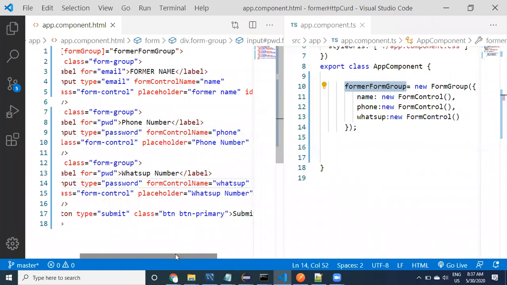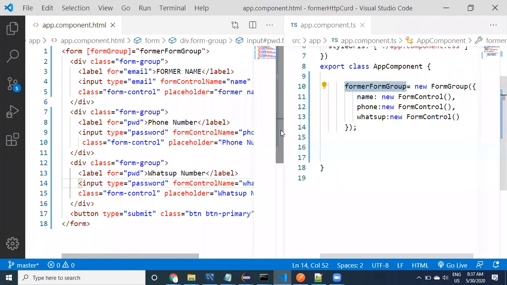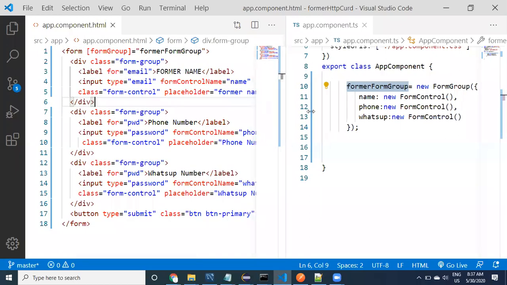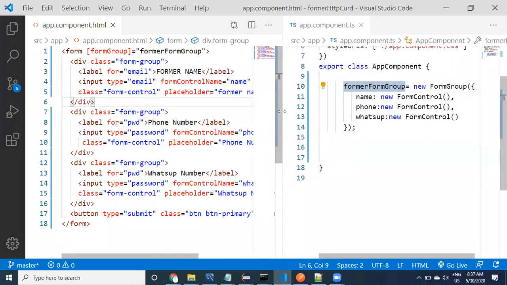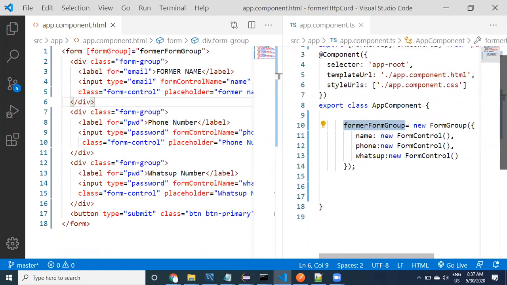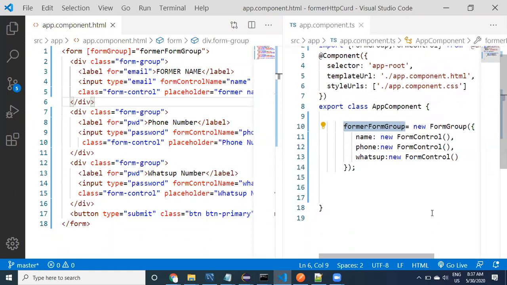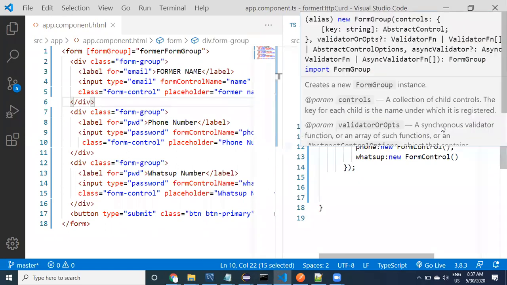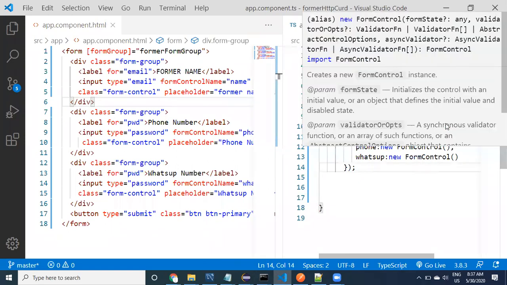That's it. Form group, form group, and form group.